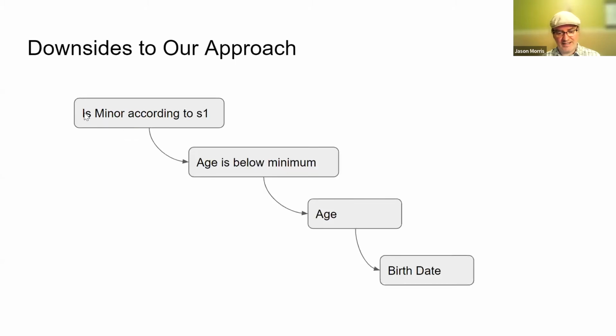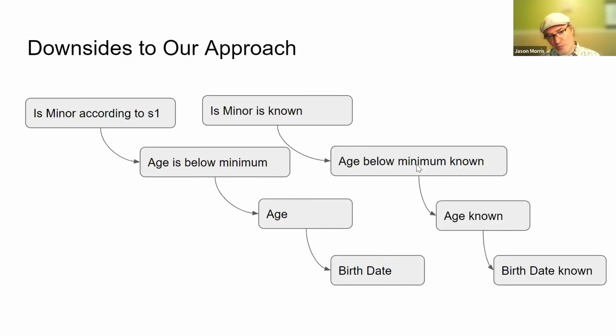First, we need to say the person is minor according to a section of law, which it's not usually just one section of law. So we usually have to add a bunch of variables for all the different sections that might be triggered. And then we say not just that there is an age, but the relationship of the age. The age is below minimum. So that's a condition that we need to encode as a separate variable. Age is still a variable, birth date is still a variable. And then once we've done that, we have to duplicate them all to create another variable describing whether or not that variable is known, and the known variables all have to be calculated in a different and very complicated way. So what started out as 3 variables turns into at least 8.